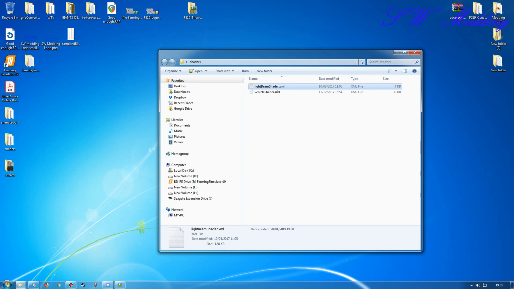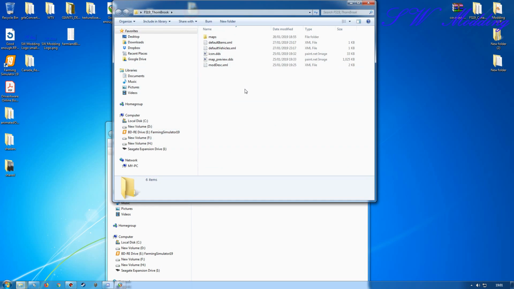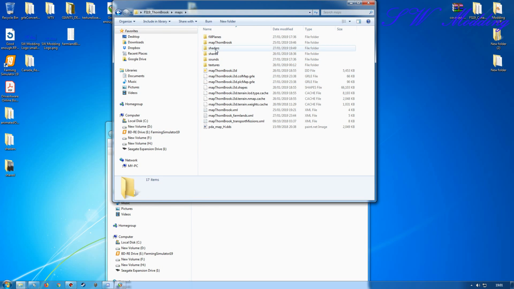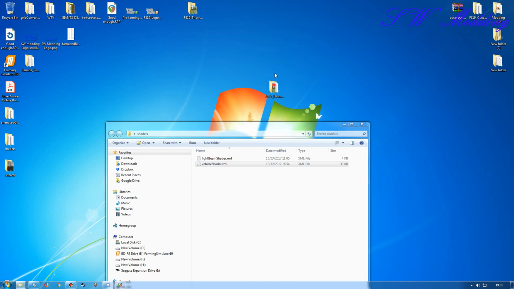So I can point that to the installation folder for 19, but this one here I'm going to need to work with the FS17 support vehicle shader, so that will be pointing to the one in the actual map structure itself in the 19 version of the map. So if I go into here, shaders, I've got this one here, which is the 19. It's the 17 support shader for 19. All sounds very complicated, but hopefully it's